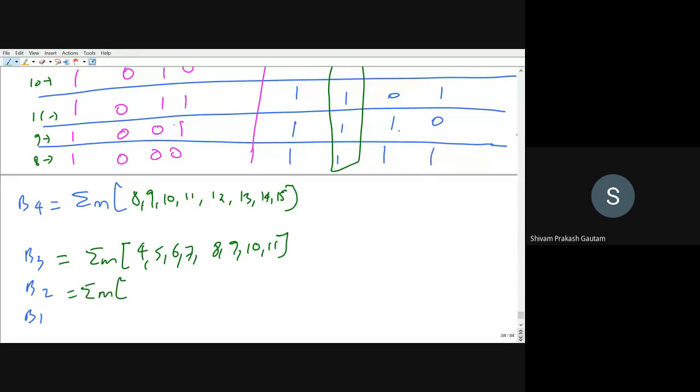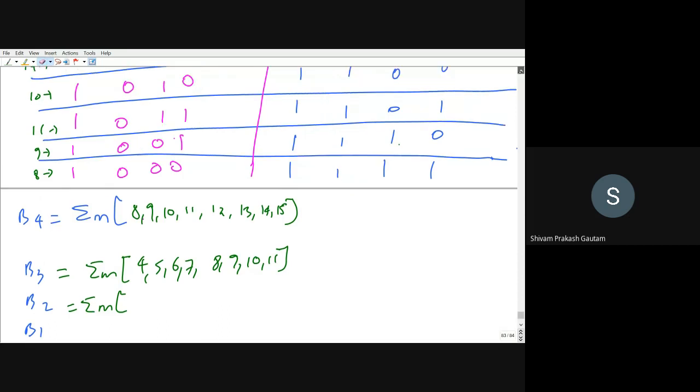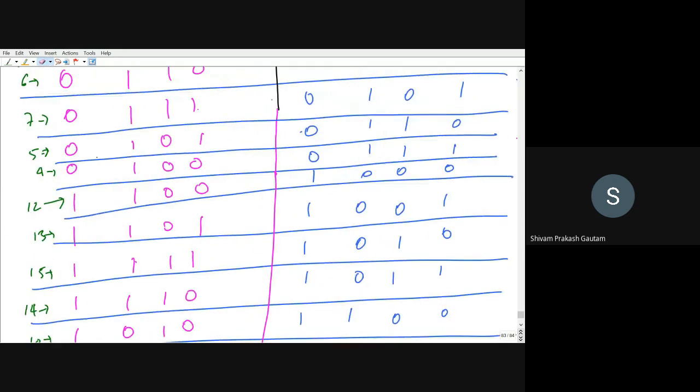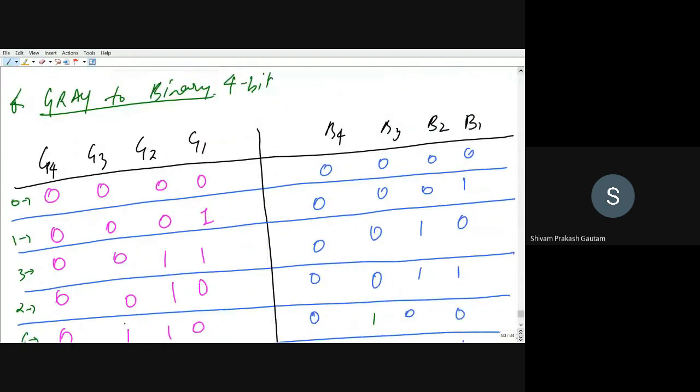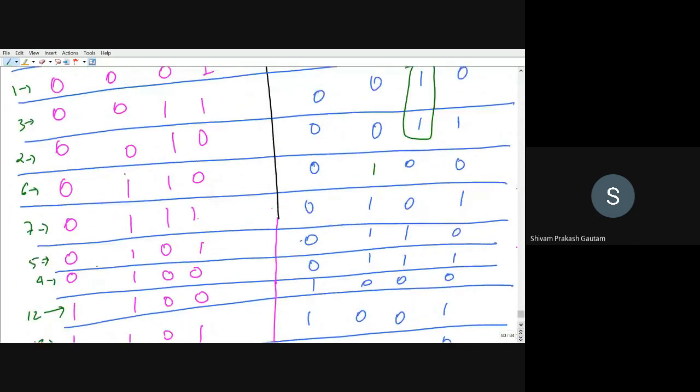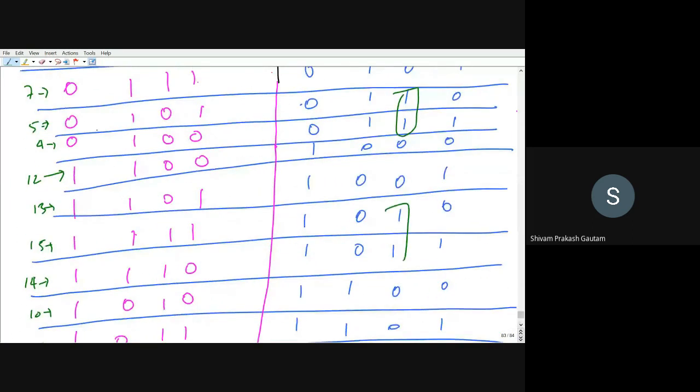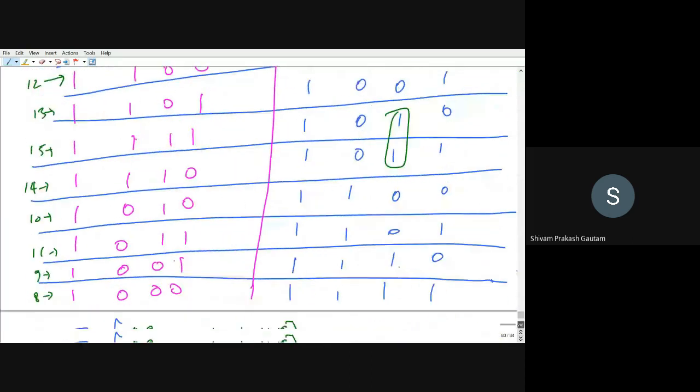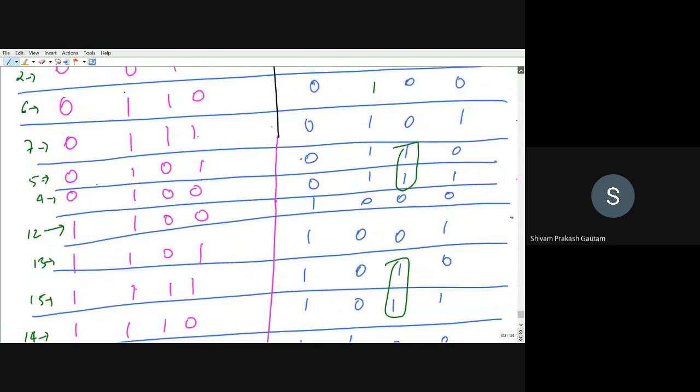B2 is high here. Just see where B2 is high. B2 is high here, and then it is high here, and then here, and then here. So just see what the minterms are.